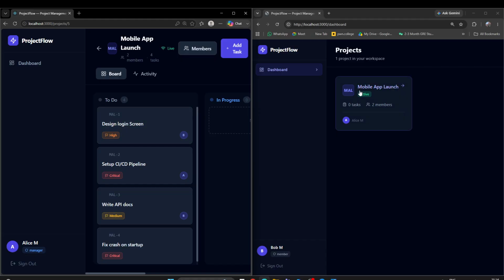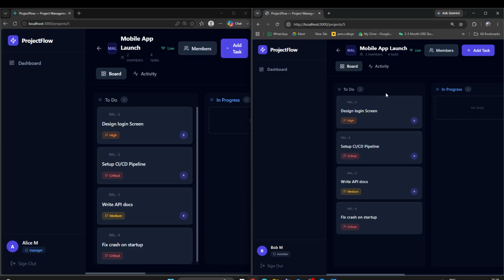Now, this on the right hand side is Bob's dashboard, or point of view. I'll click on the project. As you can see, the 4 tickets are available for Bob to view as well. This is where it gets interesting: both Alice and Bob are viewing the same board simultaneously, and you can see the live indicator on the top here for both of them. That means the WebSocket connection is active,